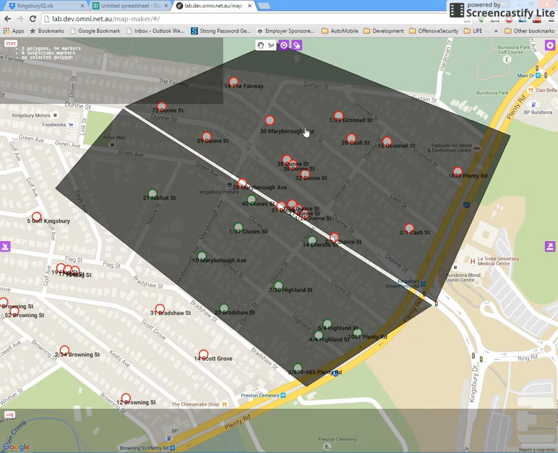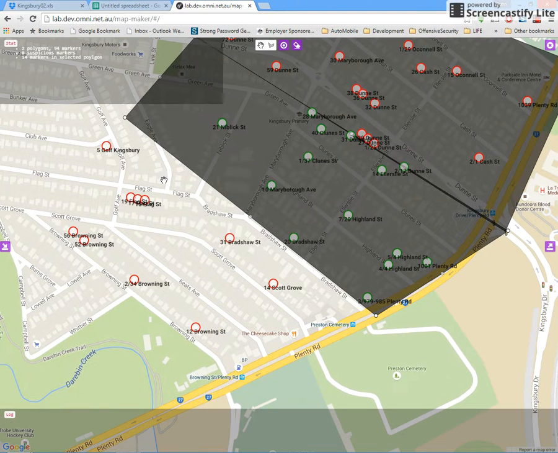I make sure this one is not actually included. So just make it a little bit bigger. Yep, all included, and 16 markers and 14 markers.